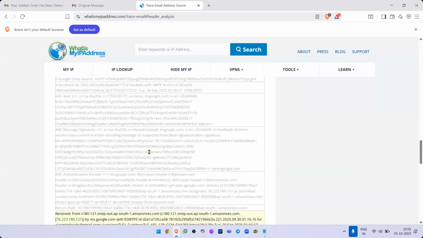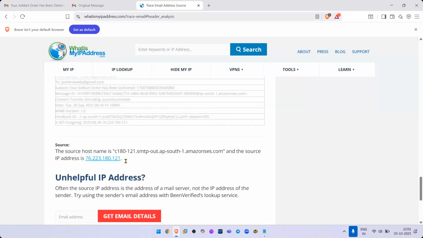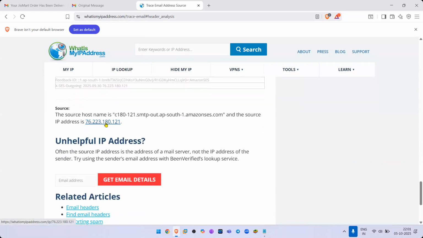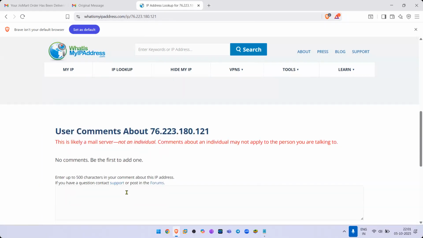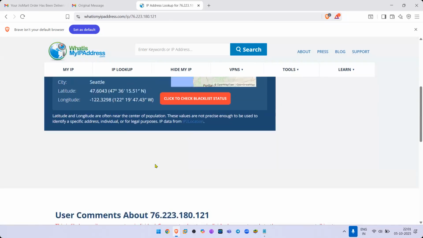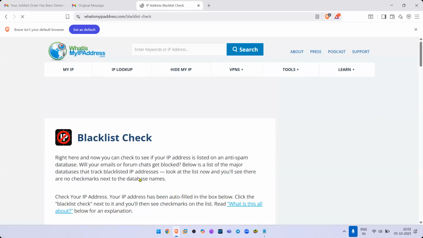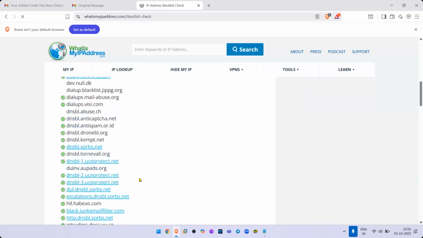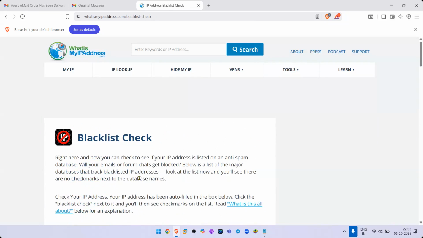So is this really coming from GeoMart or not? Let's find out. This is it. It's gone by mx.google, and so on. Click on this link. Is it really coming from there? So yes, this seems to be an email server, no problems. There's no comment, which means this is probably genuine. Just click over here and you can check whether it is blacklisted by anybody. It's not blacklisted by anybody. This is genuine. So this is how you can verify this.